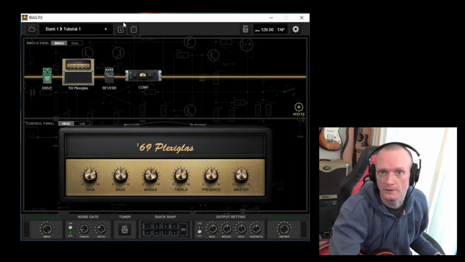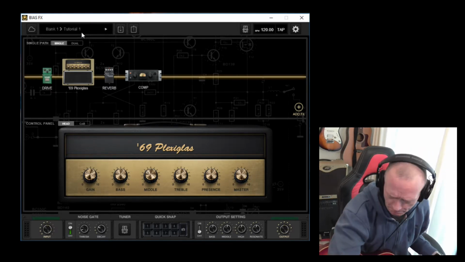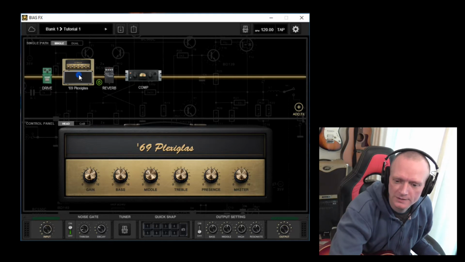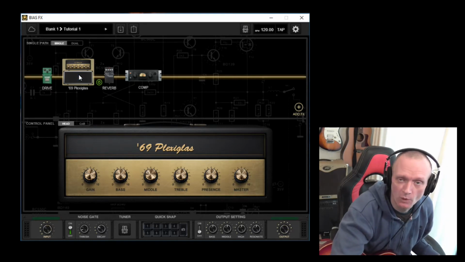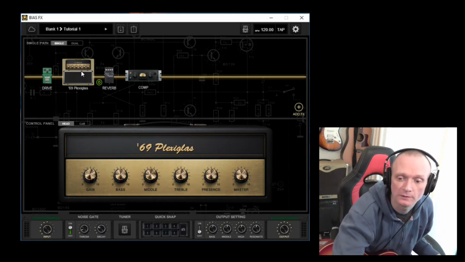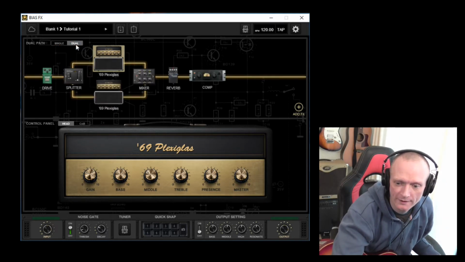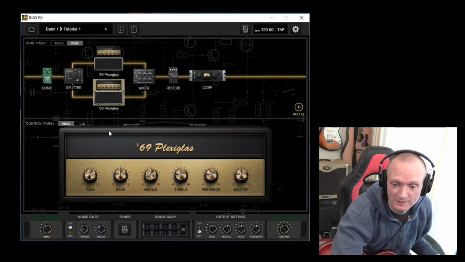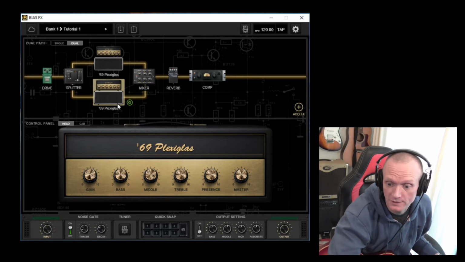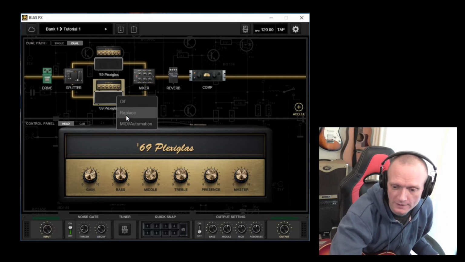One thing I haven't shown yet: the preset that we set up in the previous tutorial has this amp here, which is great, but you can use two amps if you want. You can split your signal. So instead of having single here, if we click on this button, we have dual amps. So you see we've got two of the same type here. We can replace one of these with a different type if we wish. So if I click on one of them, select replace,